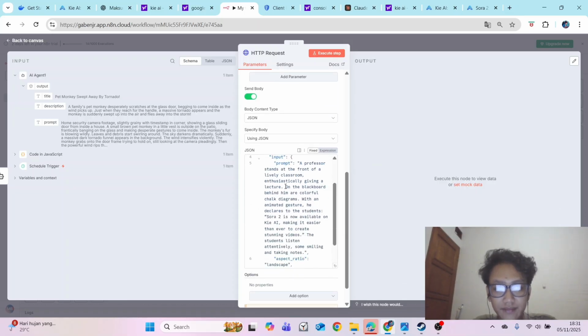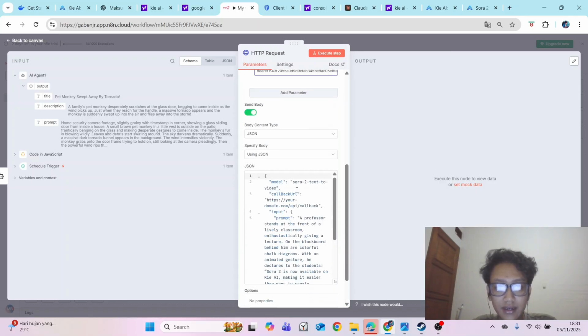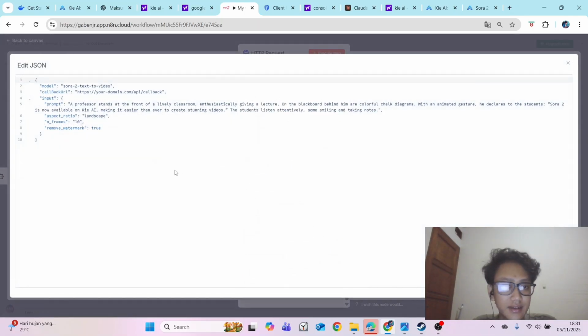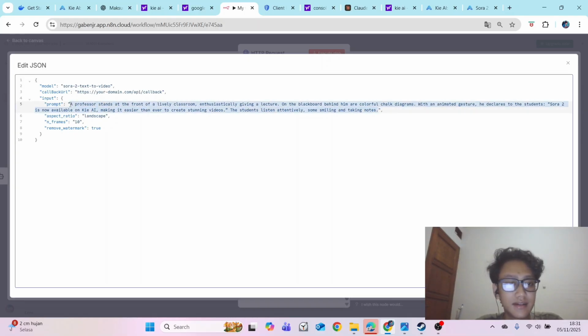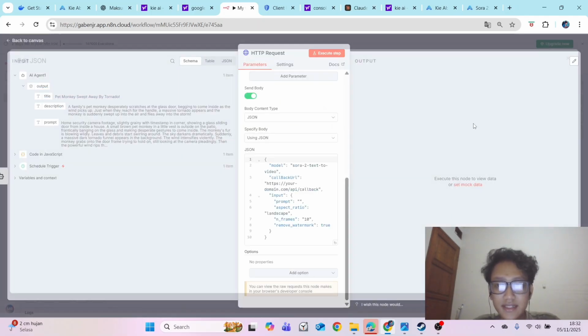So after that, you go back here. The model is Sora text to video. The callback URL you don't need to set. The input you don't need to set. The prompt will be automatic, no, the prompt you need to set. So you can close this first.